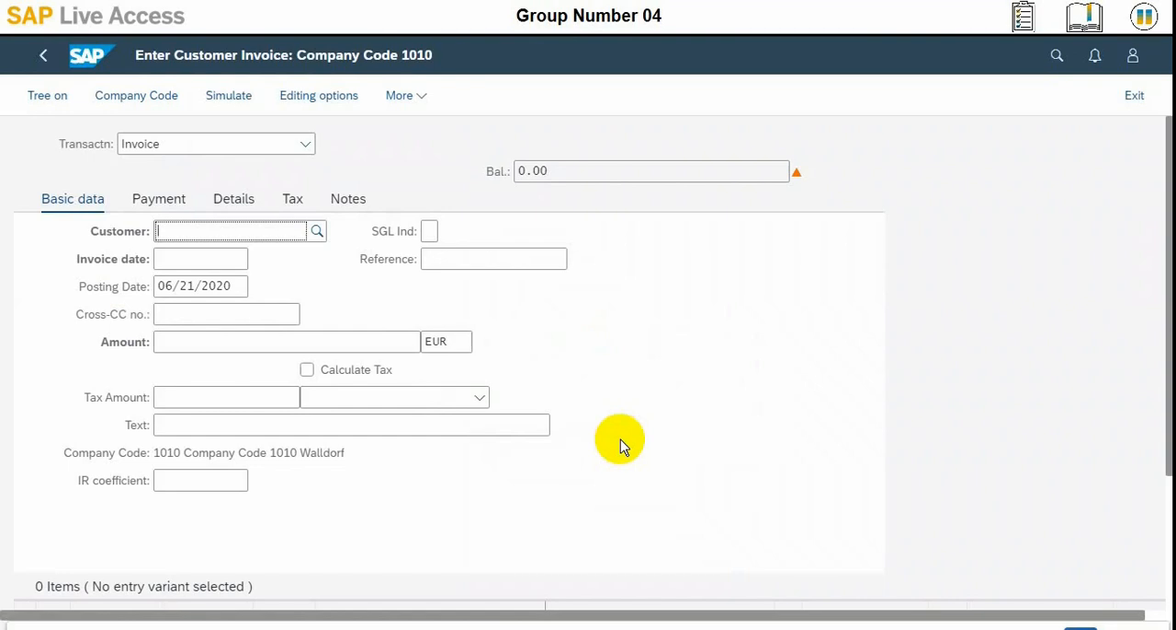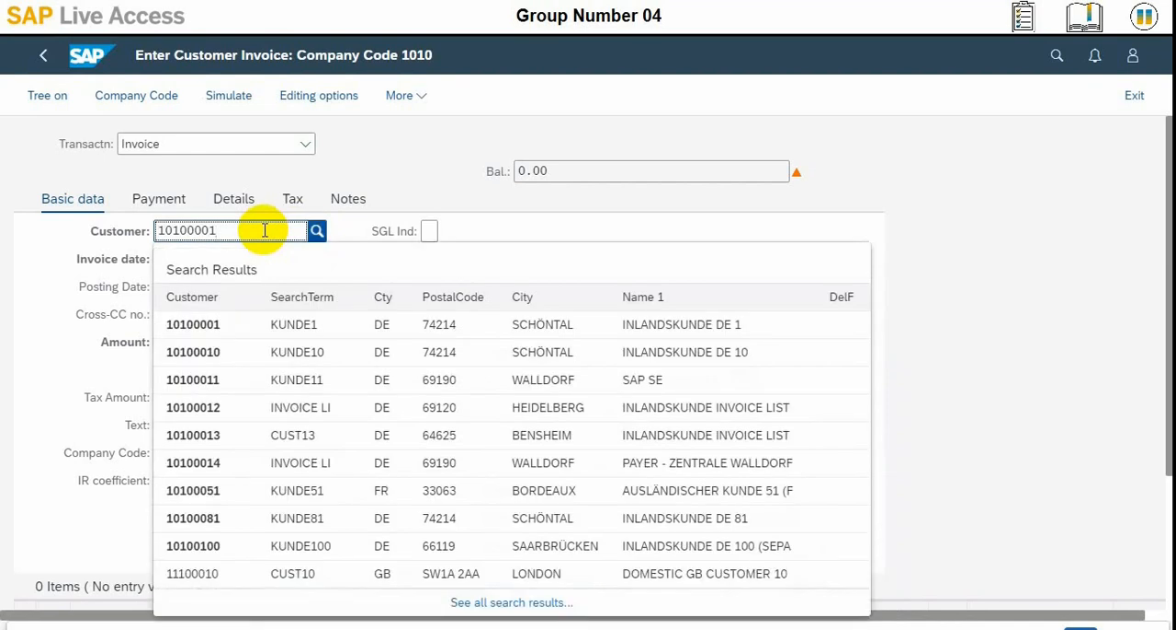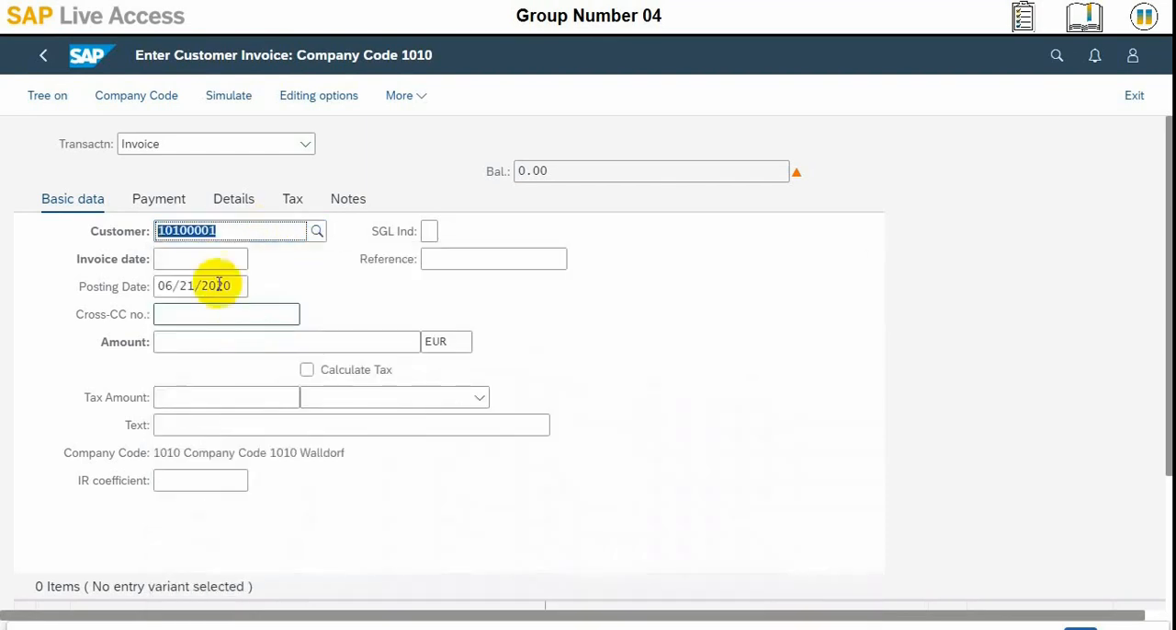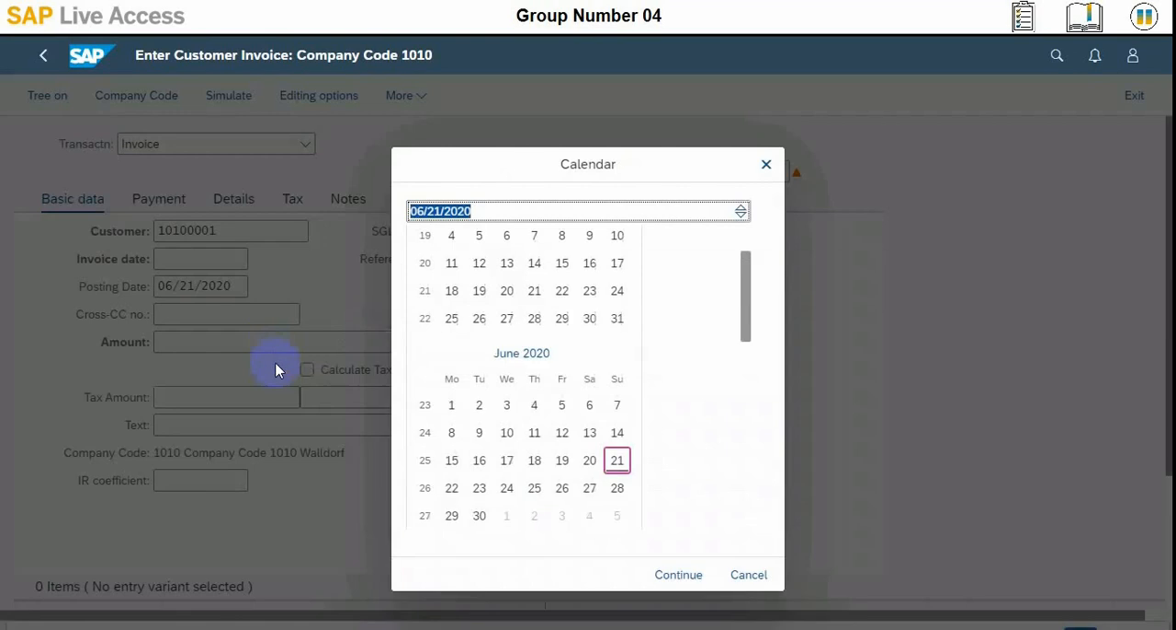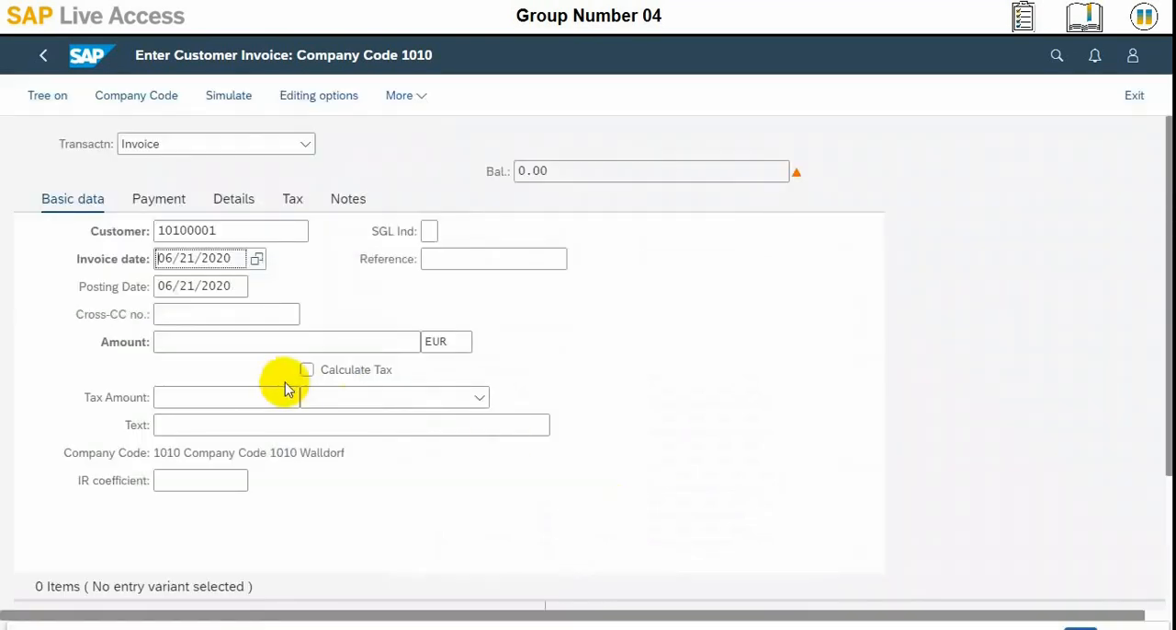The customer number needs to be entered. After the customer number is entered, we need to select the invoice date. Okay, the customer, this one is 101, 4 times 0 and 1. And then the invoice date must be selected, which will enter the current date. And then the reference number needs to be entered